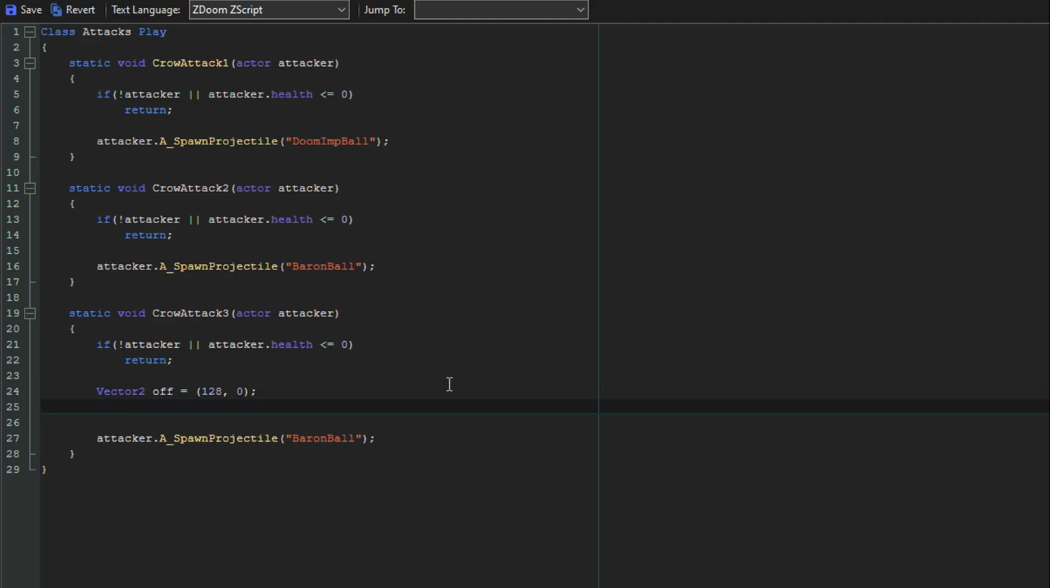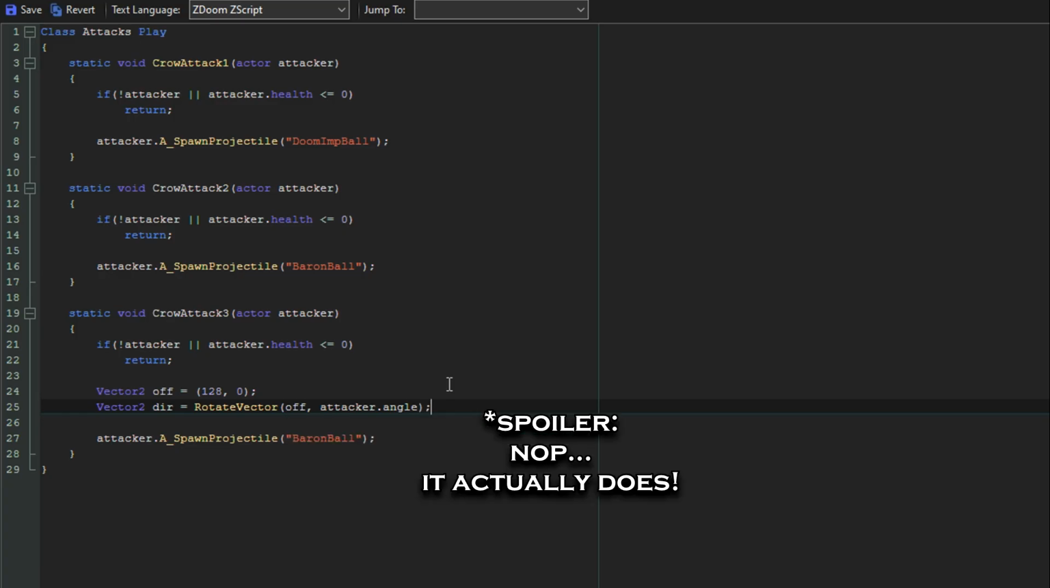Then we're going to rotate my vector 2 direction, which will be rotate vector, my vector 2, so my off, and the angle will be the angle of the attacker. Am I doing this right? I always can't remember how to use vectors from the get-go. Attacker.angle. I don't think this will work, but I can just go directly with my vector 3 direction, which will be